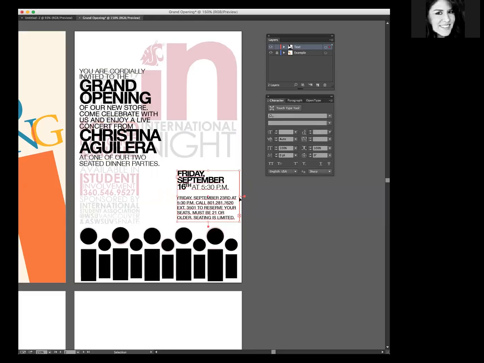Okay, same thing. Same format. I'm going to do the same thing as I did below. I'm going to take the RD on the 23rd and give it superscript. I'm going to get my eyedropper tool and copy what I just designed. Okay. Oops, superscript. There we go. And then at the bottom,